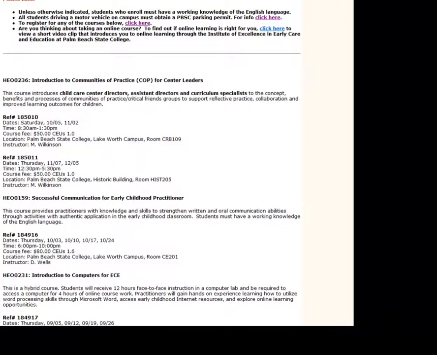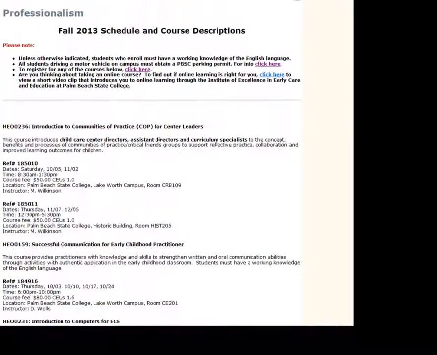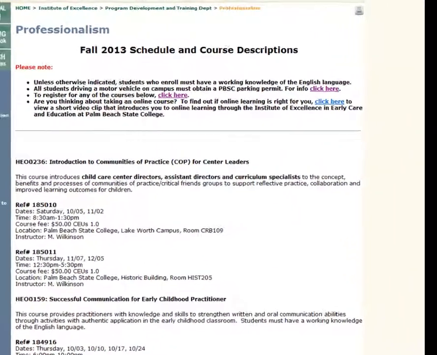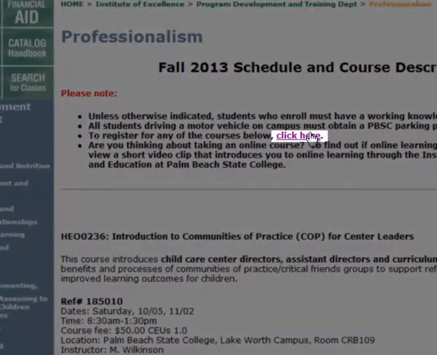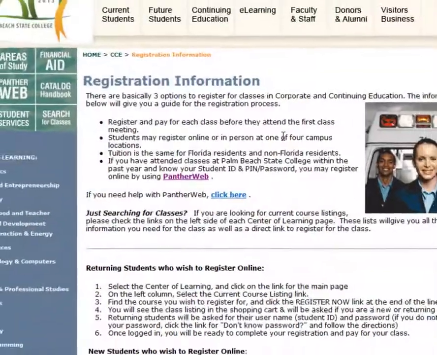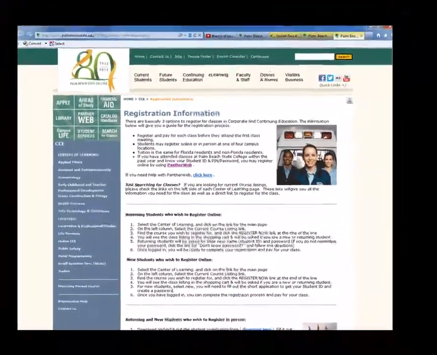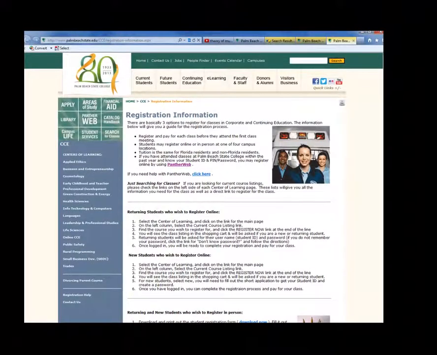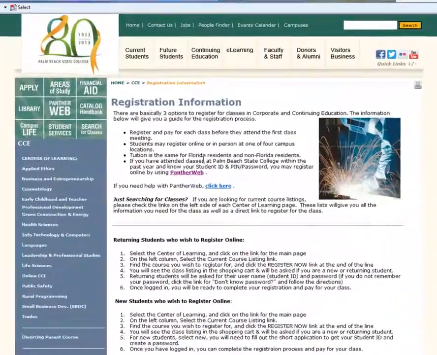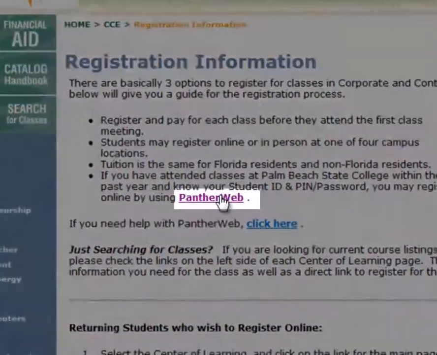After reading through the selections, you notice the Introduction to Communities of Practice course and are curious to see if you can register for that. Your next step would be to go back to the top of the professionalism page and click on the link that says click here to register. That will then bring you to a page that provides you registration information and a link to the college's registration